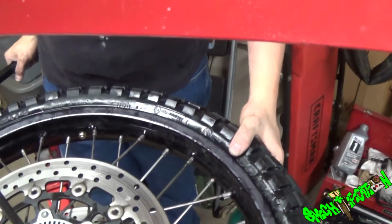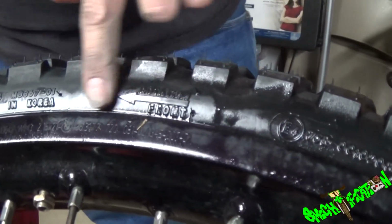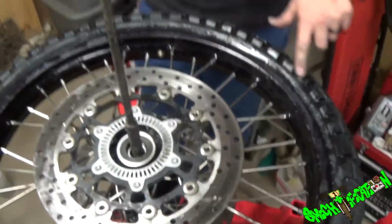Oh, you got it on backwards. No. Yeah. Rotation forward, rotation forward. Bada bing, bada boom. How do you know? Because this says rotation forward and this says rotation forward. I only know pictures. Yeah. So,